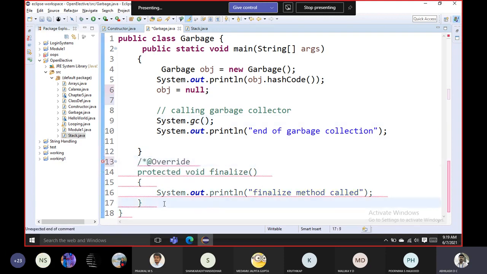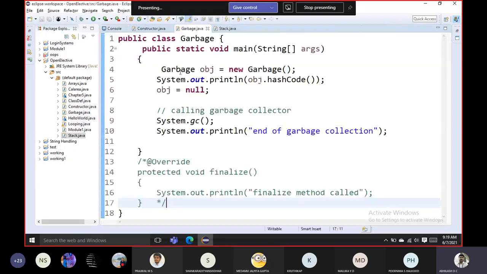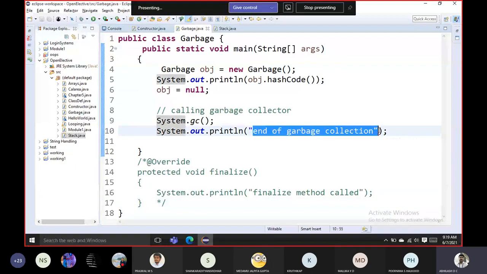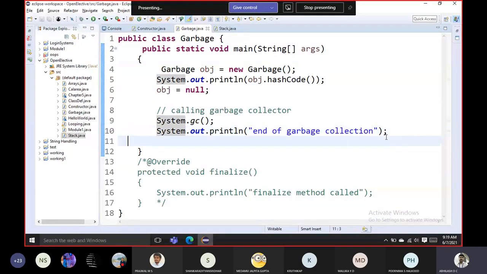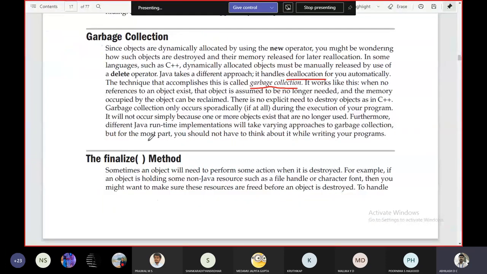So if I run it, it creates an object. The object has a hash code, and it came to the next line of the executable. It printed end of garbage collection. All right, so it just displayed. This is the concept of garbage collection, and I am also having another set of code here,